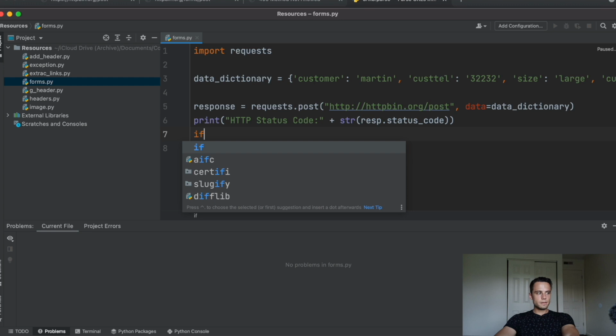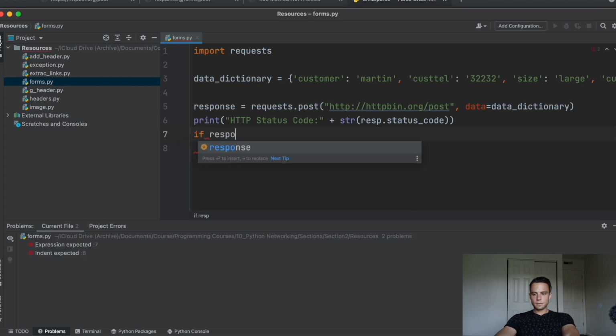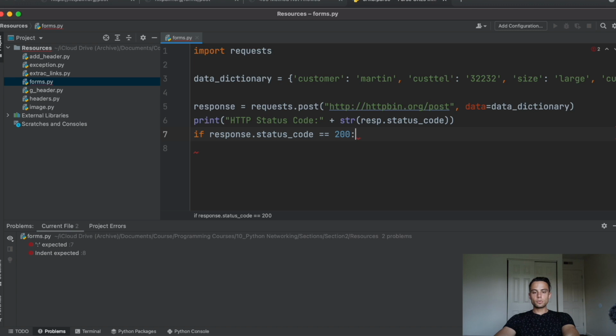And then if response dot status code is equal to 200, and if you remember guys, 200 means that our action is accepted, then we'll